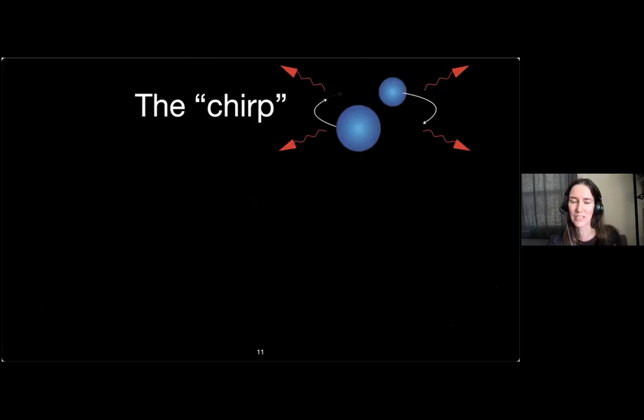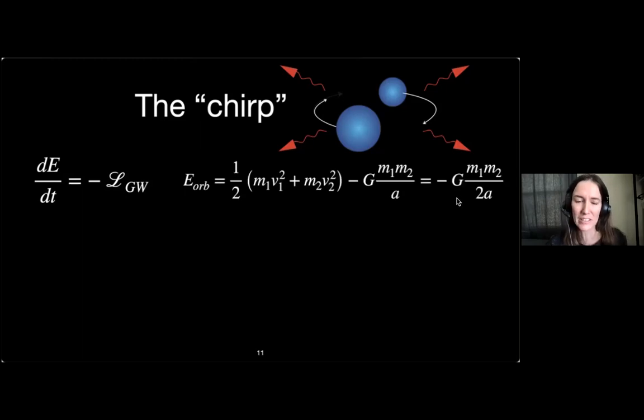Okay, so this is what gives us the gravitational wave chirp. We have two bodies orbiting. They're losing energy. The gravitational wave energy carried away is a loss to the energy of the system. They have an orbital energy that you can sort of estimate from a Newtonian orbit: the kinetic energy, the gravitational potential energy, the Keplerian relationship between orbital speed and orbital distance, and you get an expression for the orbital energy